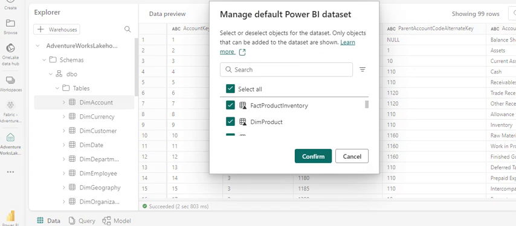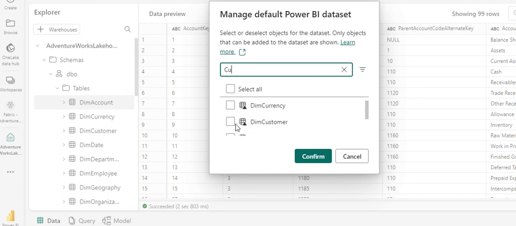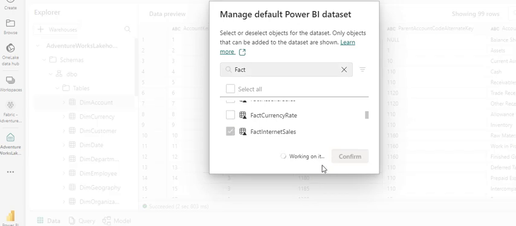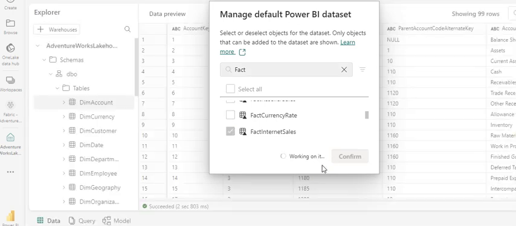So here in manage default dataset, I'll unselect this one and select dim customer, for example. I'll simply click dim customer and fact internet sales. So I've selected these two and I've confirmed my selection. Once it's done, only these two tables are enabled in my dataset,